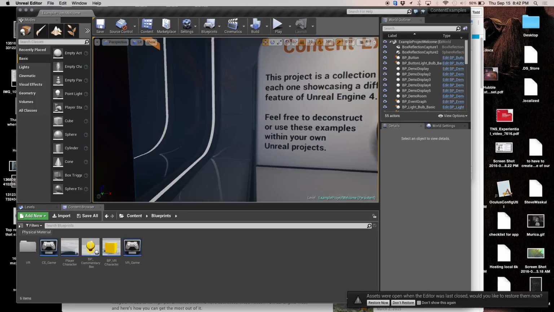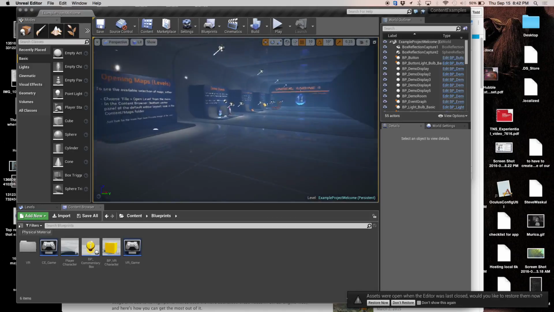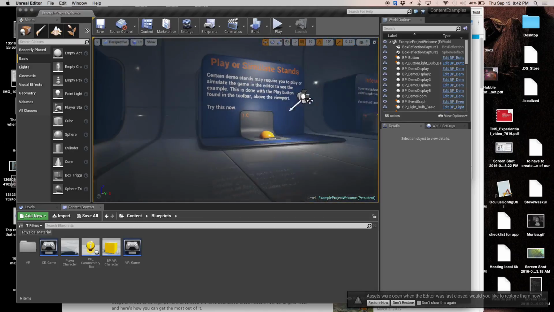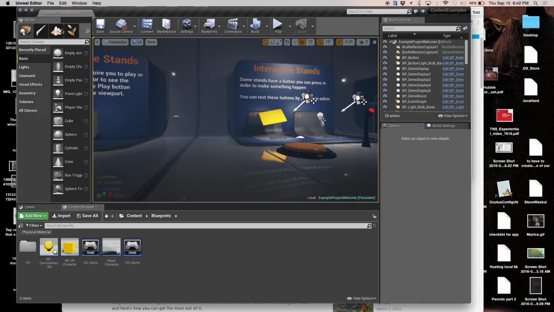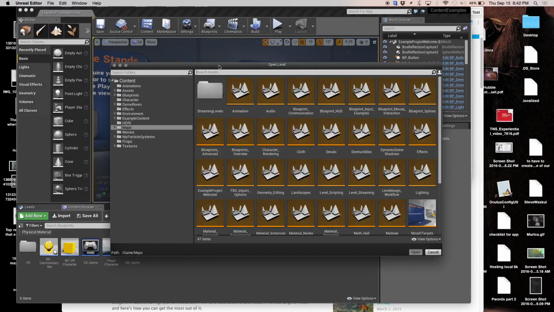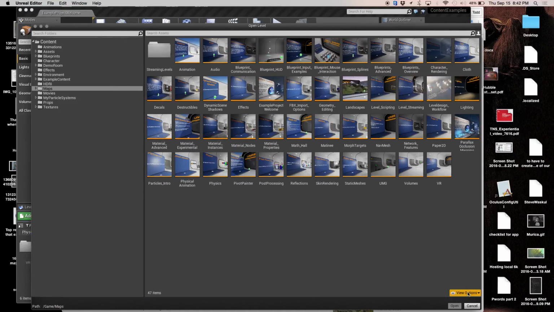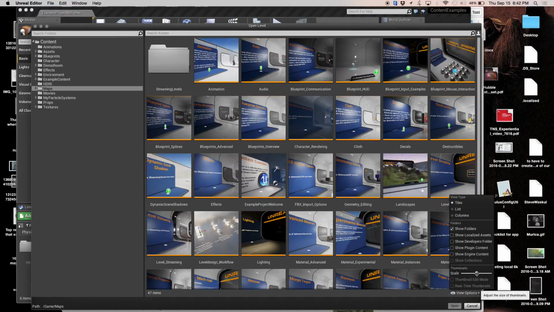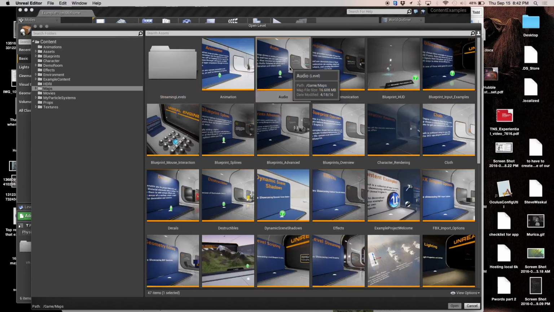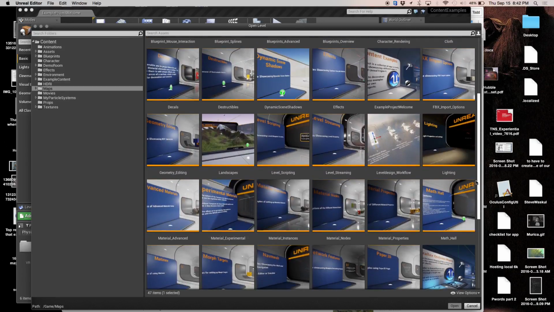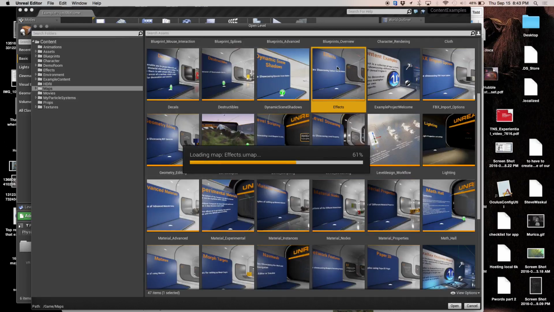So what it's saying is there's a bunch of levels, and see how it's like a little showcase? There's a bunch of things you can do. I'm just going to go File, Open Level. And here are all these levels, and each one is targeted at a certain category. We have an audio level that just shows interactive audio. We have blueprints, which are the visual scripting language, which we'll go over later in class. We have things like cloth simulations, special effects. Let's do special effects.